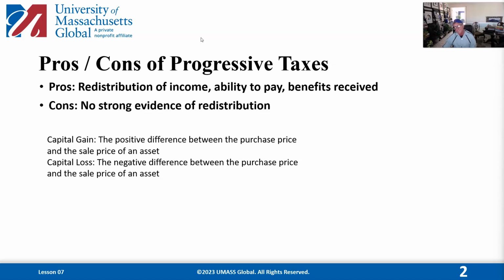So having a progressive income policy in terms of taxes means that the upper middle class and upper class pay the majority of the taxes. Those taxes are used for people who are not in those categories. And so there is a redistribution of income with a progressive tax. The flip side, of course, is if everybody paid the same tax rate, there would be no redistribution. You pay based on what you earn.